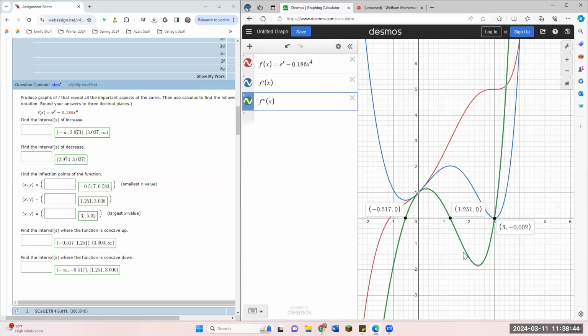All right, and then finally, what are the points of inflection? It looks like the second derivative changes signs from negative to positive. So this must be a point of inflection. This must be another one, and this must be another one. Now, these are actually points on the second derivative function, right? So they're not actually on the actual curve. So we must find the precise points on the original curve where the inflection points take place. Before we do, though, I'm going to double check that these are the only inflection